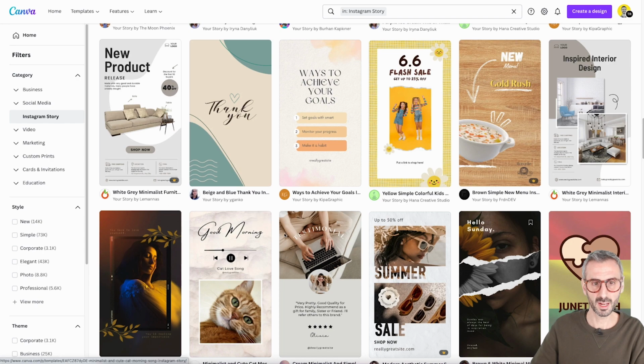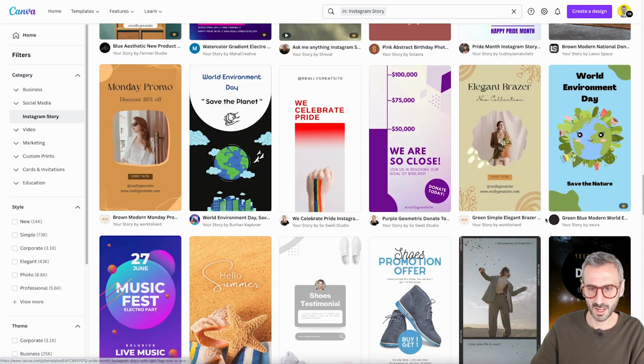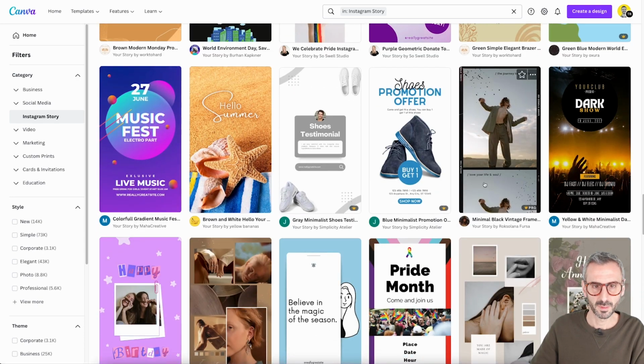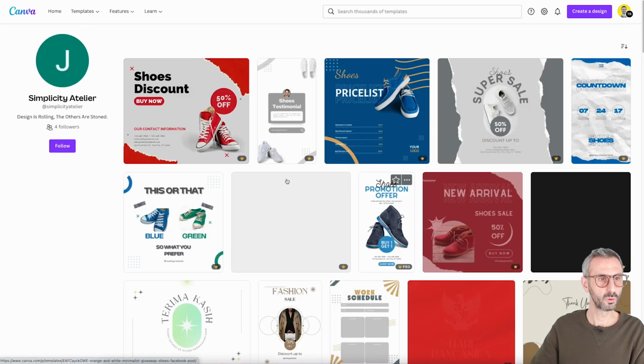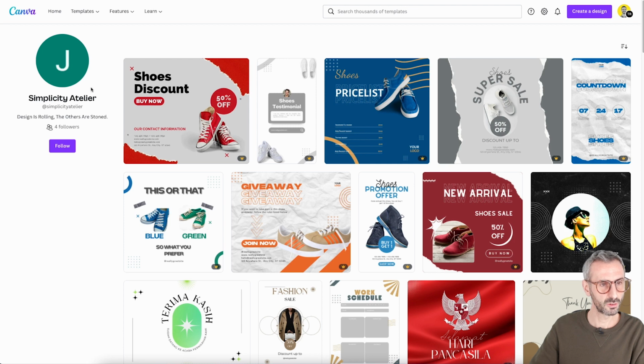So for example, if I click on one that I like, let's find one that I like and see. I like this one right here. So if I click on this J letter, I will go to the Canva creator who has created this specific template, Simplicity Atelier. Okay, so I can follow that creator by using the purple button,